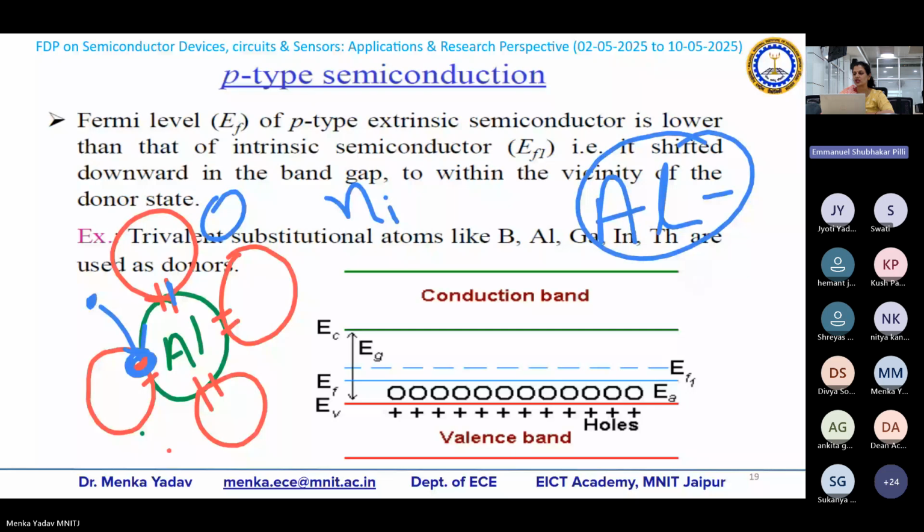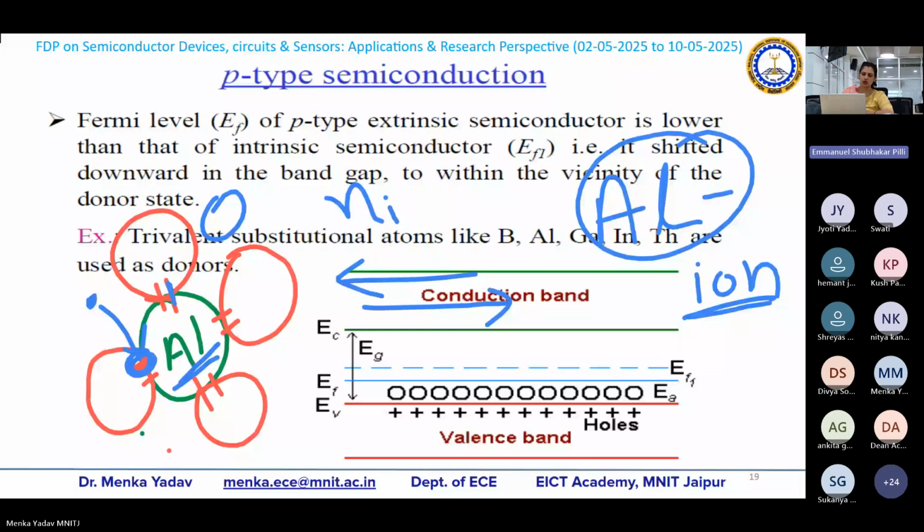Remember, there are two things. One is the ion, another one is the free mobile carriers. So ions are these. This aluminium is the ion. It is actually much heavier than the electrons and holes, and electrons and holes are much lighter. Since they are lighter, they can move here and there, and they contribute to the current. But these ions are not moving. We are not able to move these ions. So these are not contributing to the current, but yes, these ions are available in the material space, right?